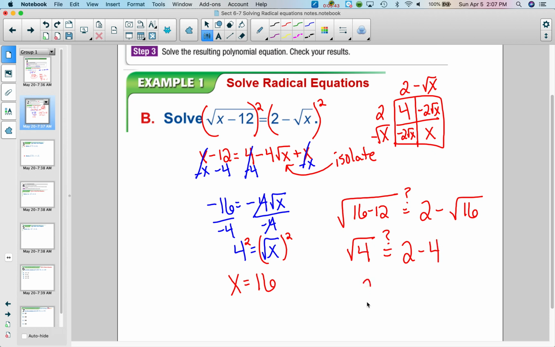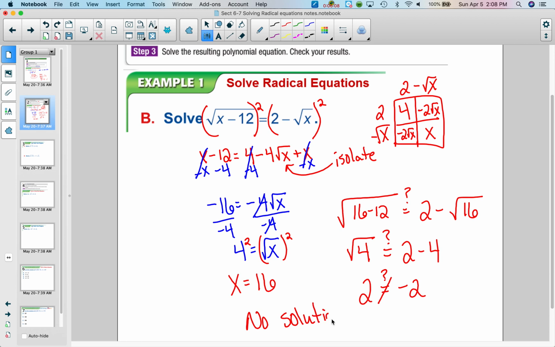So the square root of 4 is 2. And 2 minus 4 is negative 2. Uh-oh, that's not true. So this was the only solution I got, but when I checked it, it didn't work. So what does that mean? Hopefully you're thinking, no